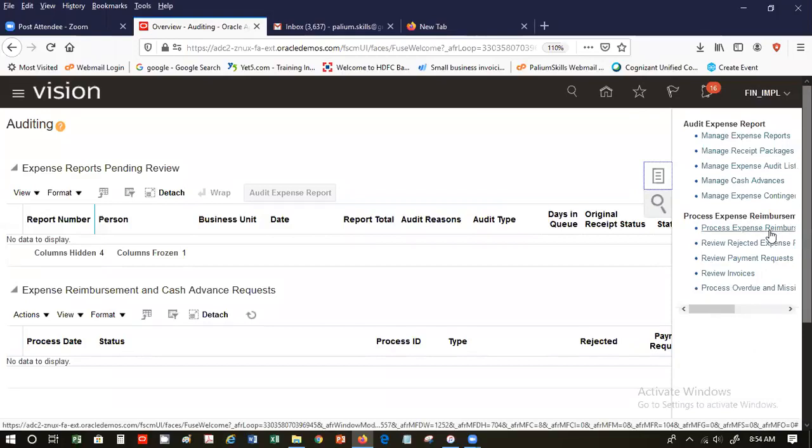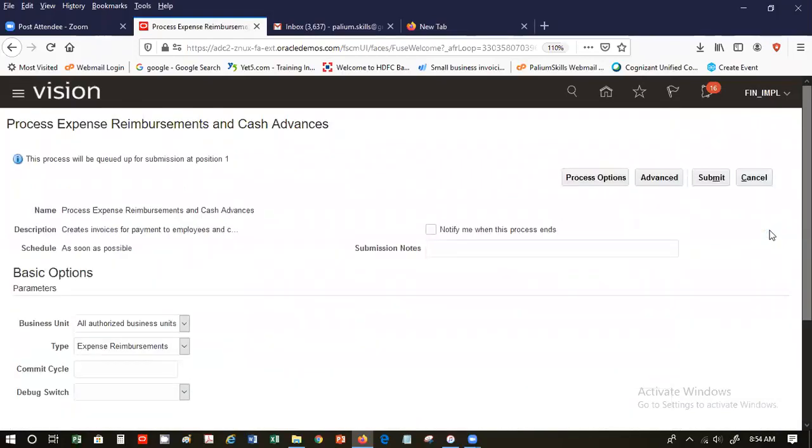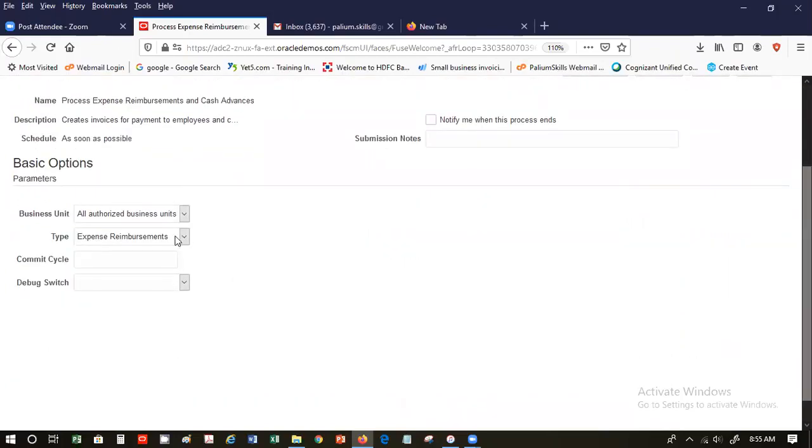For that, these reports will go to payables as invoices. So let's do that. You can have two separate processes running, one for expense reports, another for cash advances. So when we say expense reports,